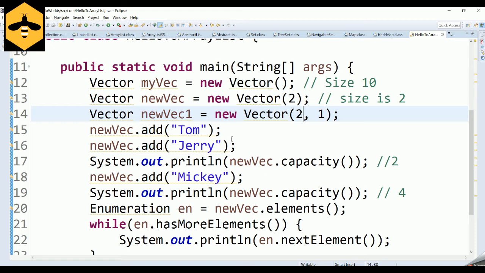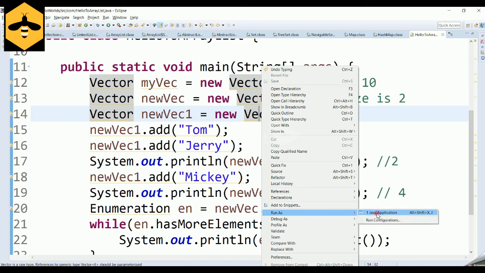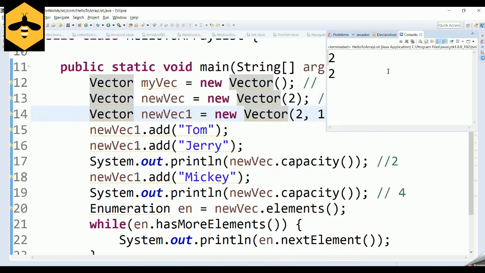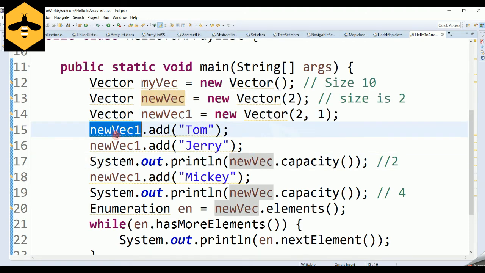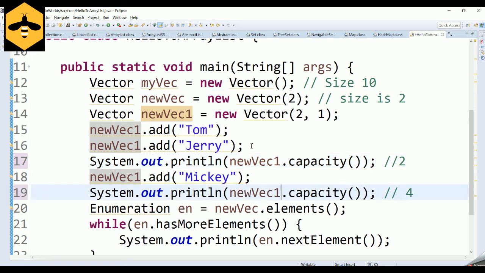So suppose I add these two things to newVector1 and then insert elements, and now if you run this program, the capacity will be 2. Sorry, here I am getting the capacity of newVector1, so let's try to get it.